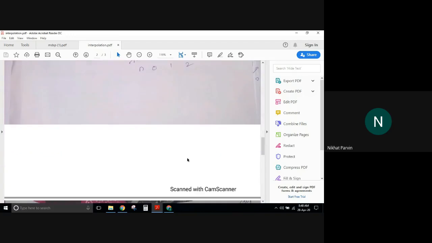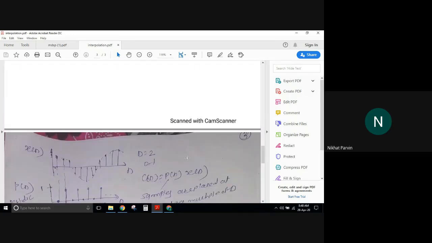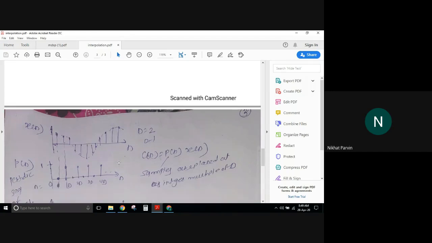Okay. Now, to do that, we have to drop these samples in between and get the z domain relationship of decimation. Because we want a derivation for this, let us take a signal x of n equals 0, 1, 2, 3, 4, some samples. This is your analog signal actually. From that we have taken some amount of samples. This is your actual x of n you are going to get.